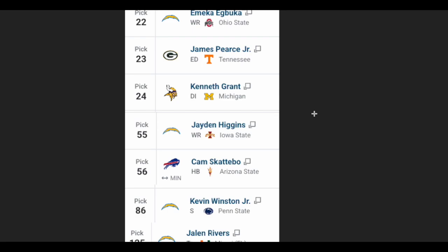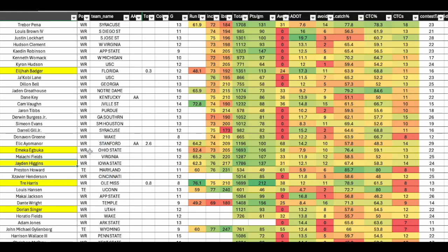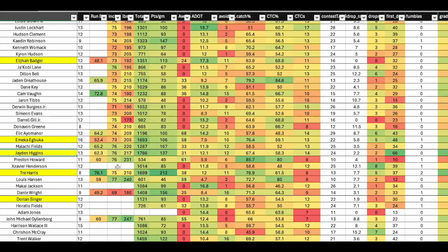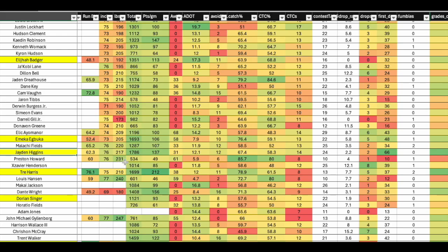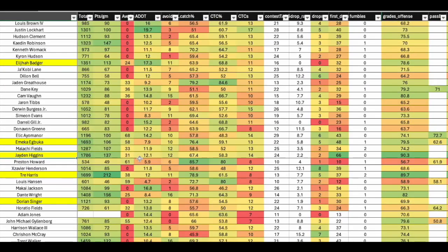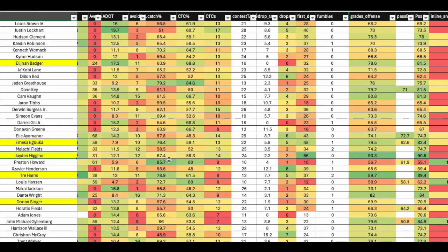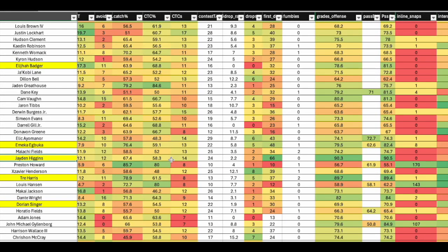Next, at 55, Jaden Higgins was automatically selected. He is probably a more prototypical X-wide receiver. So he has a 62.3 run block grade, 6'4", 217, 12.1 ADOT, 12 missed tackles, 67 catch percentage, 58.3 contested catch percentage, 14 of 24 contested catches, 2.2 drop rate, only 2 drops, 66 first downs, only 4 penalties, 87